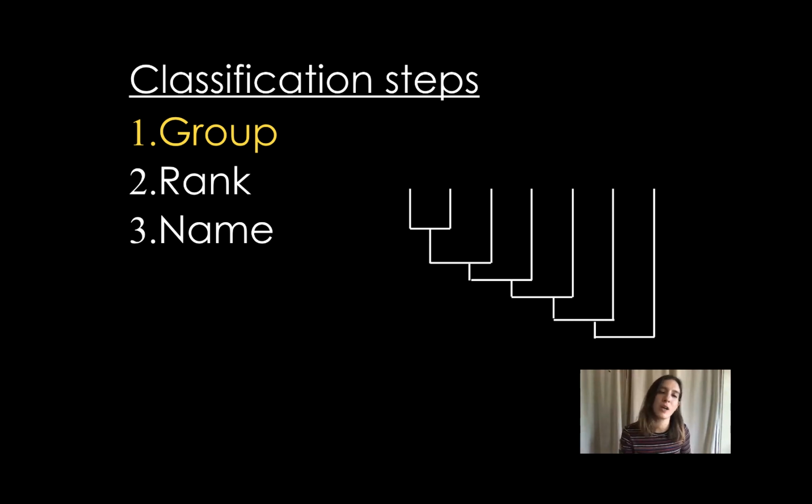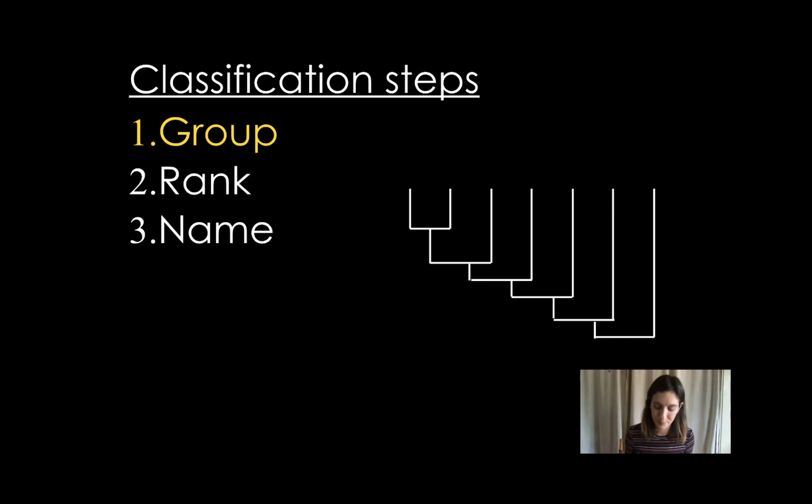So we've already been talking all semester long about how to group something. This is simply figuring out whether or not something is monophyletic, right? So it's a simple answer. Is it yes or no? Is this a monophyletic group? No, it is not. But say, is this a monophyletic group? Yes. So that's what I mean by grouping. We just need to make sure that it is a monophyletic group that we want to